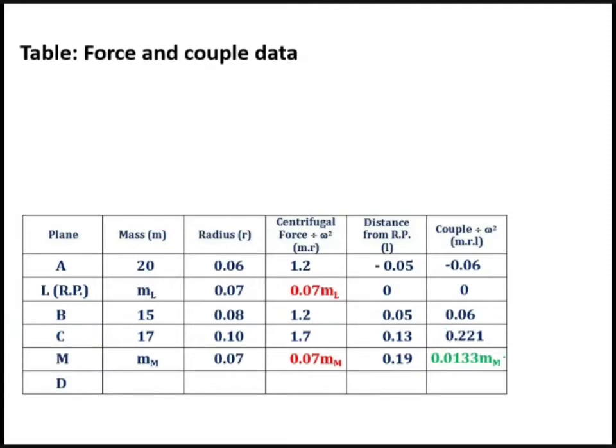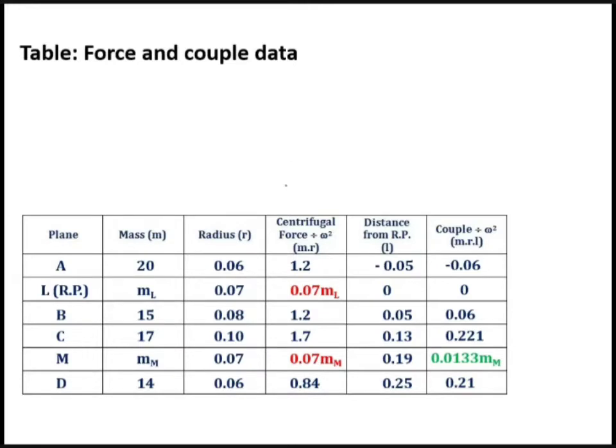So again, this is unknown. Whatever the red color I have shown, these are nothing but the unknowns in column number 4. Green colors are nothing but the unknowns in column number 6. Okay. Then again, mass of M4 is 14 kg. Distance is 0.06. So this becomes 0.84. Distance from the reference plane is 250 mm, so 0.25, and this is 0.21. So in this way I have calculated the table. I hope you have understood this.